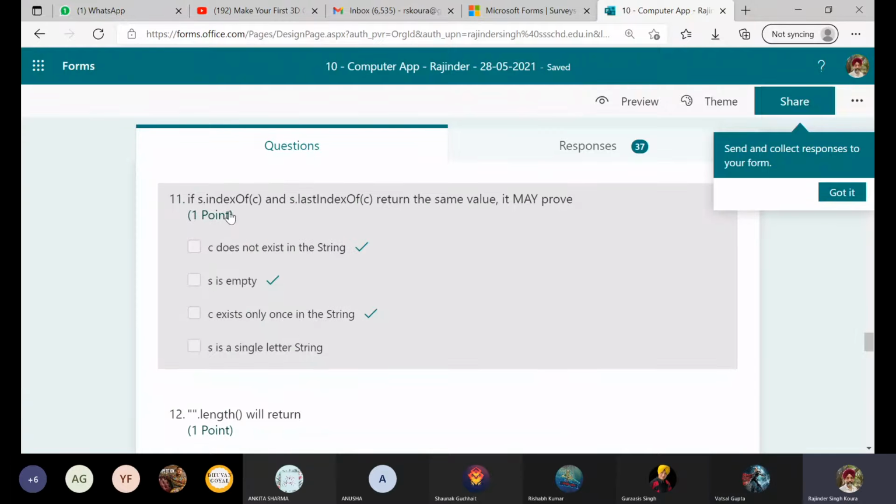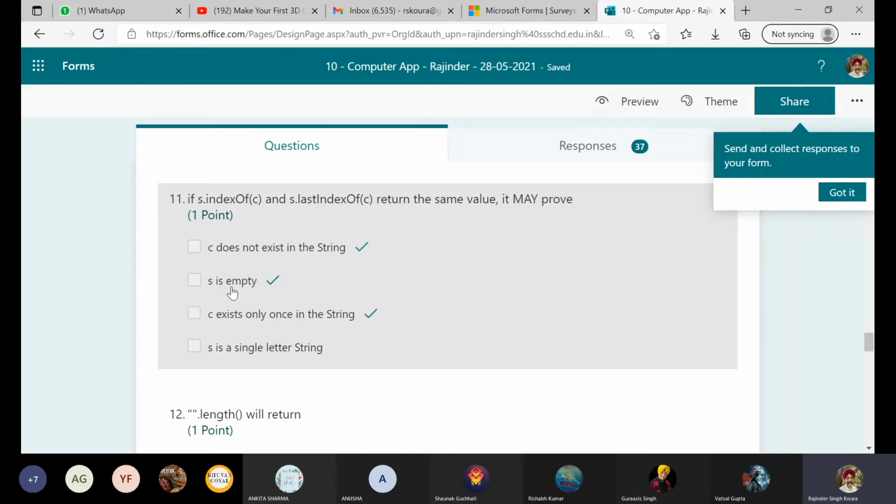If s.indexOf(c) and s.lastIndexOf(c) return the same value, it may prove that c does not exist in the string. Can it prove? If it is returning the same value, sir, by giving -1. -1. Perfect. So because it will be giving a -1, it proves that c does not exist in the string.